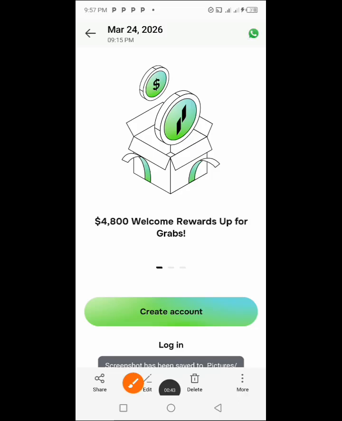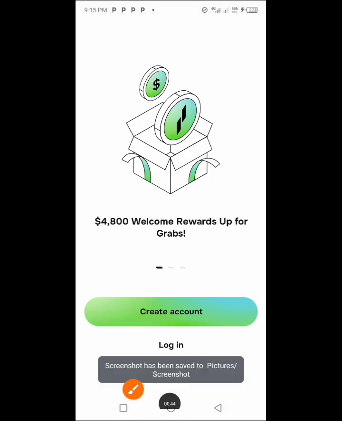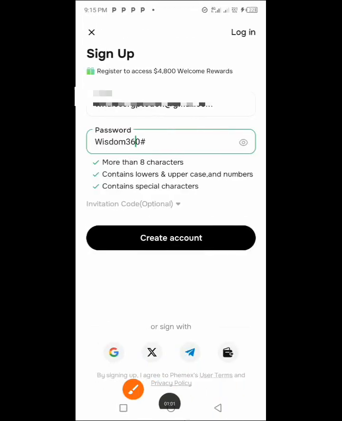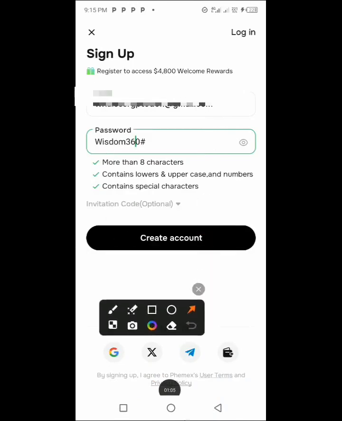And if you already had an account before, don't worry about clicking on this create button. Just go ahead and click on login and log in with the account details that you used in creating it before. But since I want to create a fresh account, I'm just going to be clicking on this create account. As soon as you click on that, it's going to take you to the next step where you're going to be inserting your